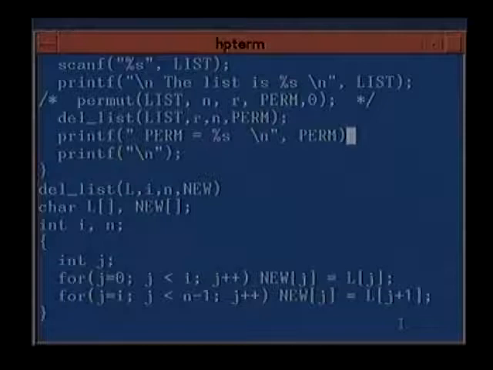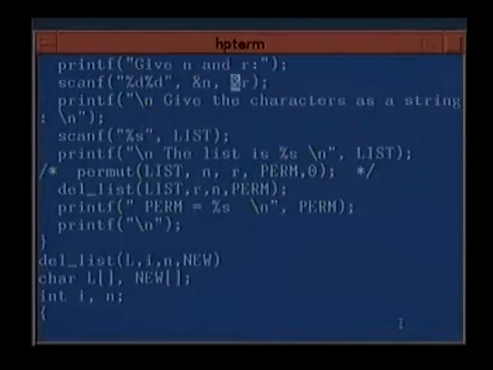So we have read in a list, we have read in n and R, and we have removed the rth element and stored it in another string perm, and we have just printed that. So this is the delete list function.